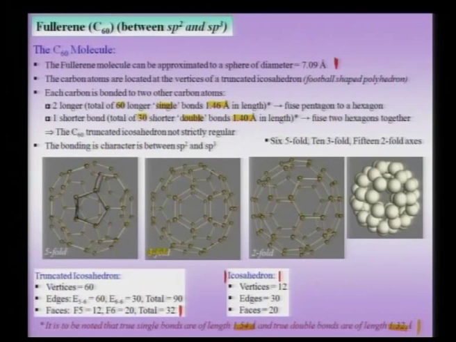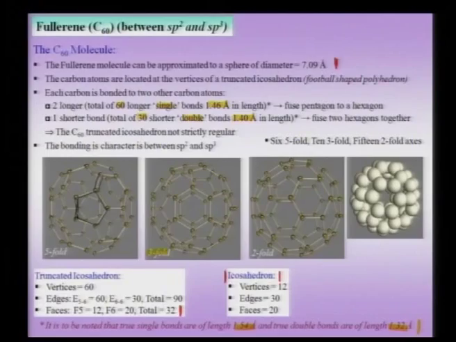Okay. So, I have single bonds and double bonds in the structure, and that is why this structure is not a regular truncated icosahedron, because the bond lengths are different, the edge lengths are different. So, this is a slightly different truncation. It is not the truncation wherein you obtain